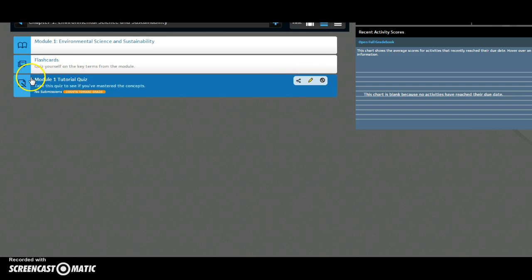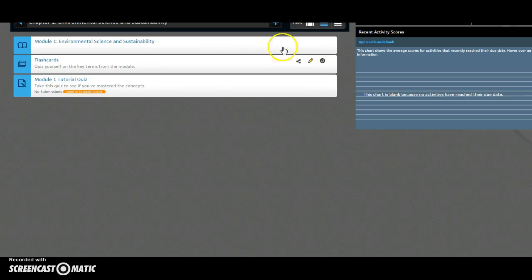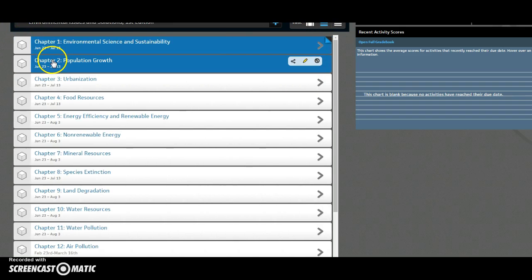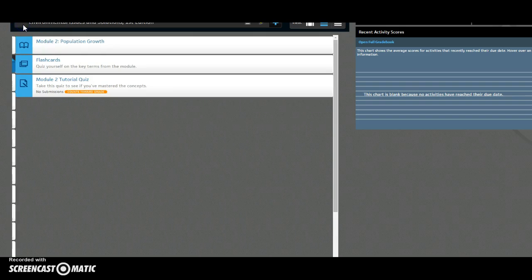So this is graded, and every chapter has a tutorial quiz. They average about 15 questions apiece. I think this one might actually be 17 questions, but they're usually about 15 questions. Now when you go back to the main screen, you'll see again there's chapter 2, looks the same, and then